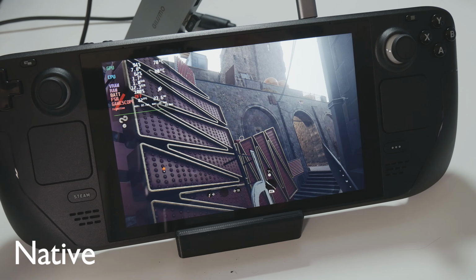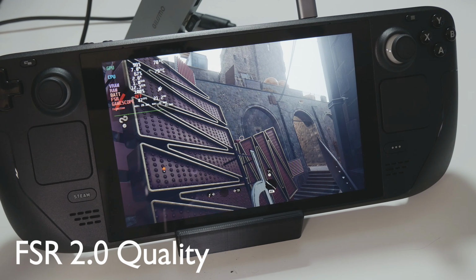I wouldn't recommend running below quality setting here, as you're not going to get enough of a performance jump. I'm talking literal single digits worth of improvement, which is hard to actually measure. So go for the visual fidelity. When you're looking at scenes where there's severe aliasing at native, you'll find that FSR 2.0 quality smooths things out nicely. So what are my thoughts about FSR 2.0?